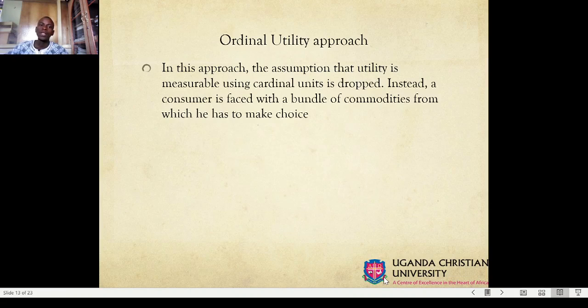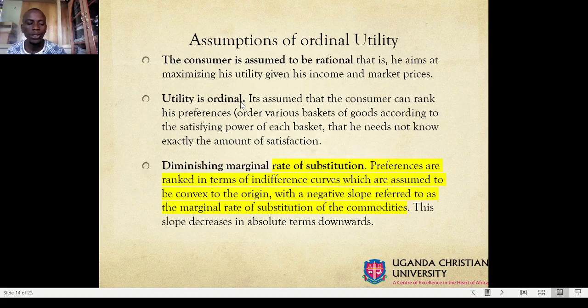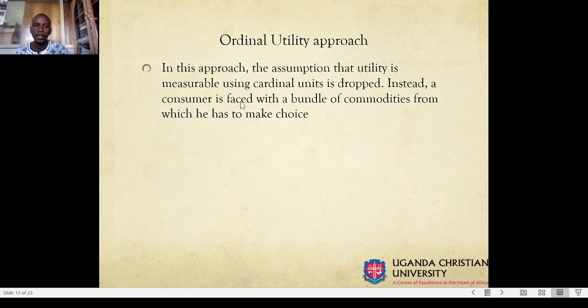Okay, I'm back to finalize with the ordinal utility approach. I said in this approach the assumption that utility is measurable using cardinal units is dropped. Instead, a consumer is faced with a bundle of commodities from which he has to make a choice. You're presented with a bundle of commodities and you make a choice from those